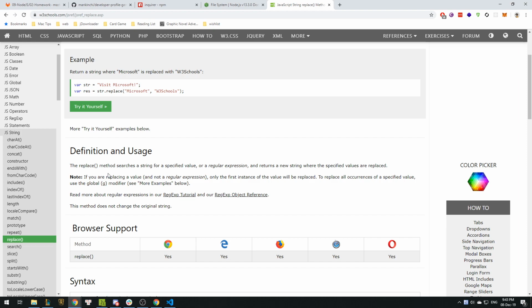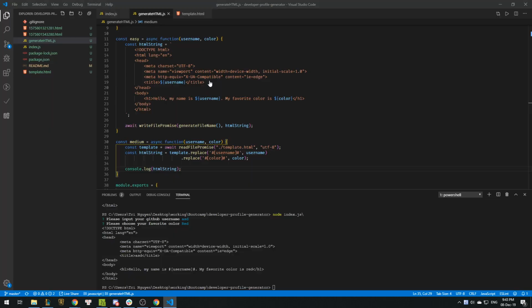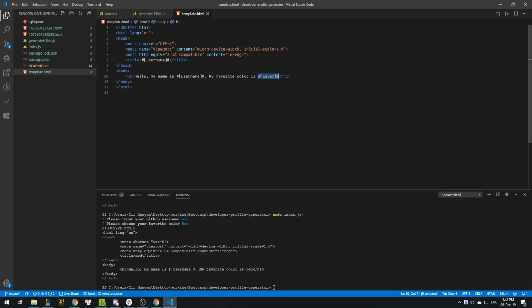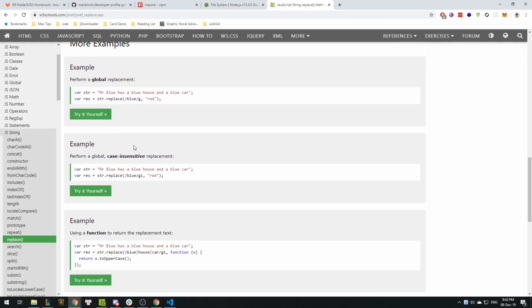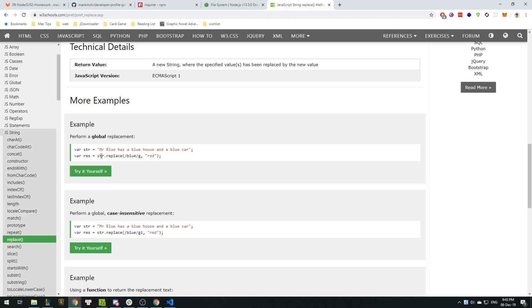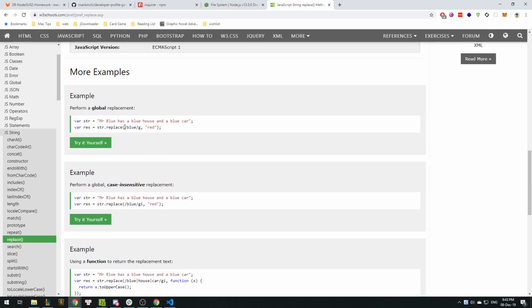But let's explain exactly what we're facing. We have two usernames, and only one of them is replaced, the other one doesn't. So this is a problem. If we scroll down to more examples, this is how we need to do it. We have something like that, but this doesn't work for us because our string, actually it does work, but this is what we call a